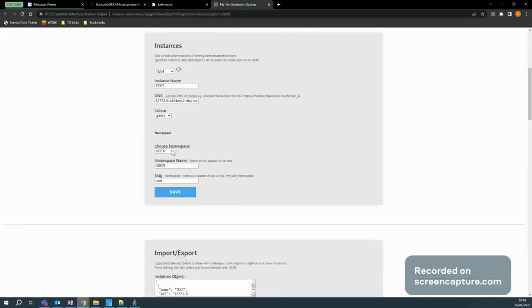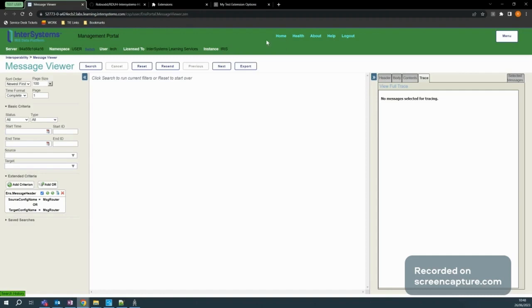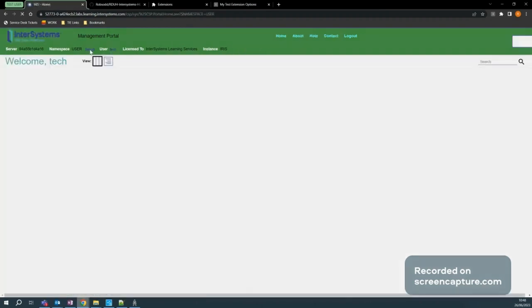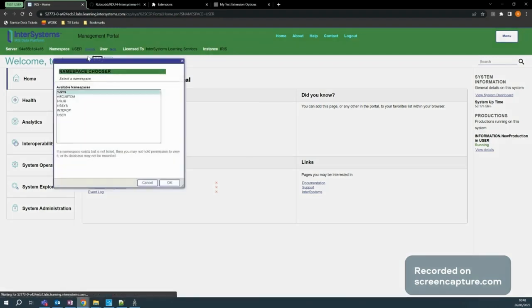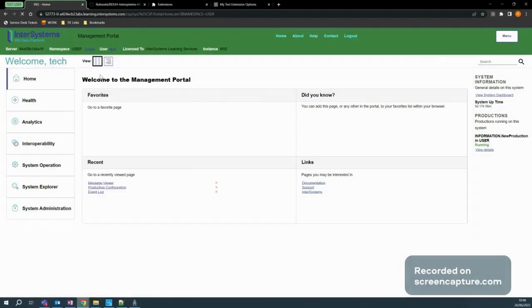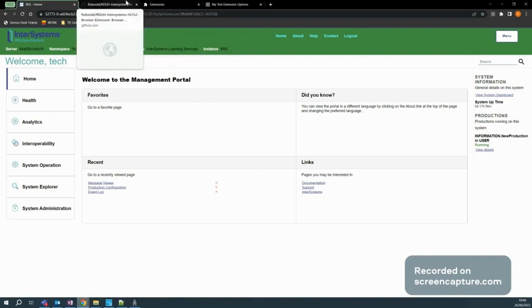So if it's not in that namespace, say we click home, I'll switch namespace here, and we go to system, we're not going to get that namespace there. So it just disappears and just becomes test. Okay, so